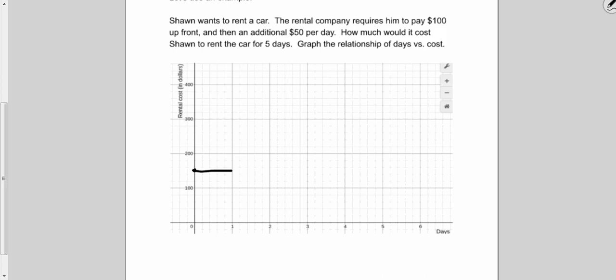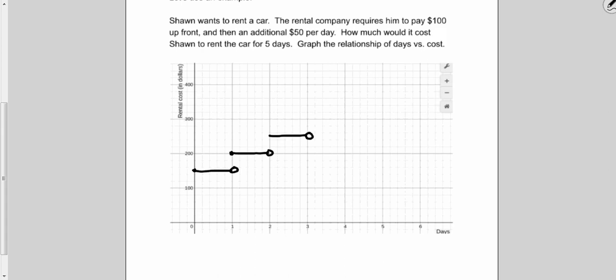Now, what happens at the end of the first day? Well, we start day 2, and then he has to pay another $50. So we start right here because 150 plus another 50 is 200. So we start there again, and then we go all the way out till we get to the end of the second day. Now, I want you to stop right here and circle here, because once I've started the second day, I have to pay that extra $50. And at the end of the second day, I have to pay an extra $50 for the third day. So then I'm up to $250 all the way over to the end of the third day,